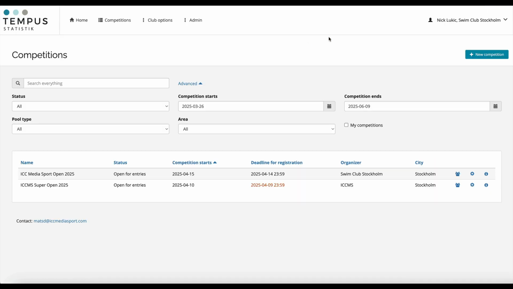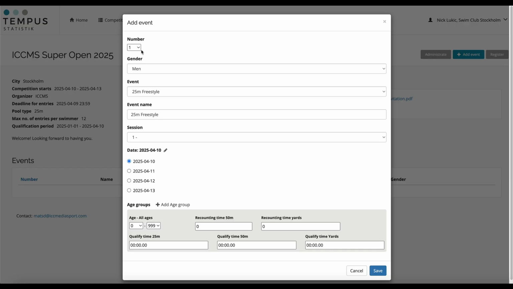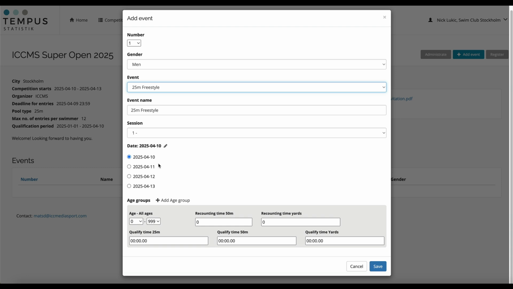Yeah. Now to add some events to your competition, you will need to go to your competition and click on the information icon. Here at the top, we have a button called Add Events. Click on it, and here you can specify the number of the event, the gender, which event it is, the event name, which session of your competition the event is supposed to be in, the date, and here you have your dates that you have checked that your competition will be held,